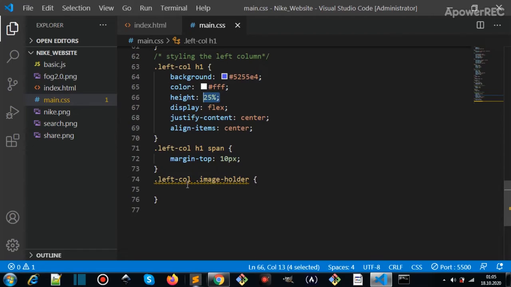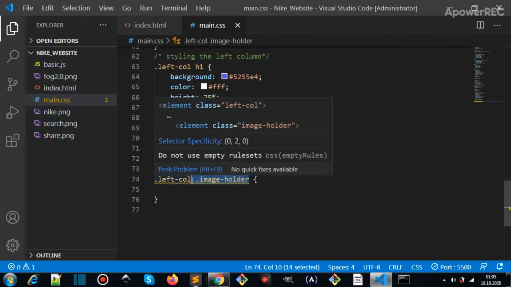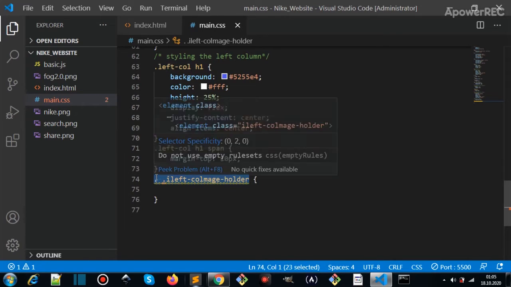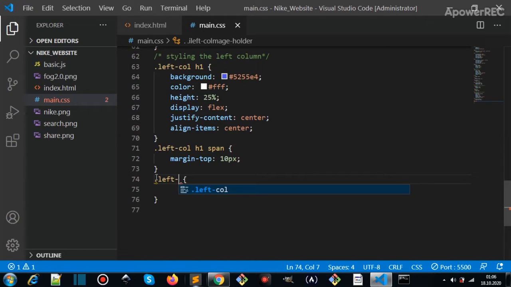Now h1 and image holder are children nested within the left column. So let's give the image holder height of 75%,